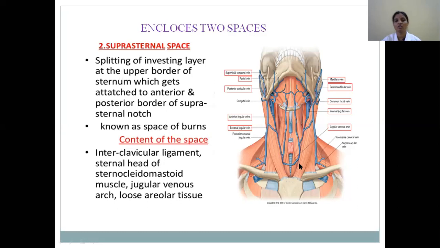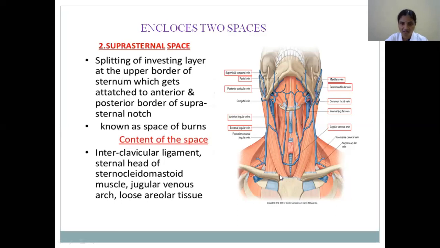It is very, very important. So what is this jugular venous arch? Here you can see at the base of the mandible, two important veins begin, which are known as the anterior jugular veins. And they are crossing the anterior triangle of the neck. Here, these two anterior jugular veins, the right and left, are interconnected by means of a transverse vein, which is known as the jugular arch. So this is one of the important contents. And this is a potential space where loose areolar tissue is present. So there are important structures, and sometimes one important lymph node is also present. So this is the suprasternal space, otherwise called the space of Burns.